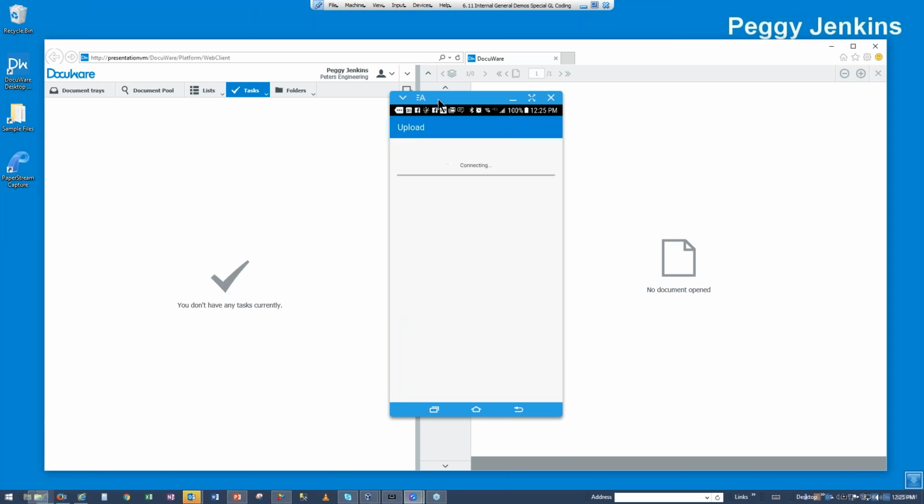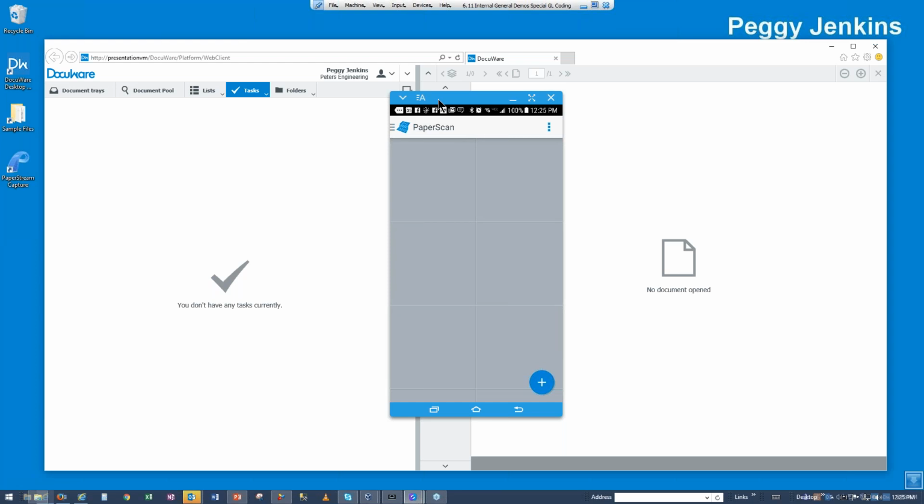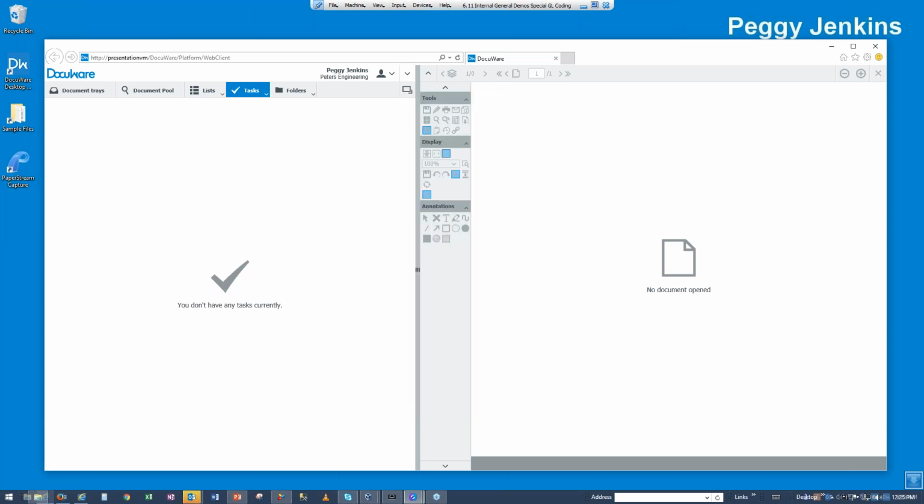I'm going to select the tray. And again, it's not connecting. But it would go into my tray, and then I would be able to work with that when I got back into the office, or if I stored it in the file cabinet, and being an invoice, it would go directly into a workflow. So, sorry about all the technical difficulties, but I'd like to take another quick poll before